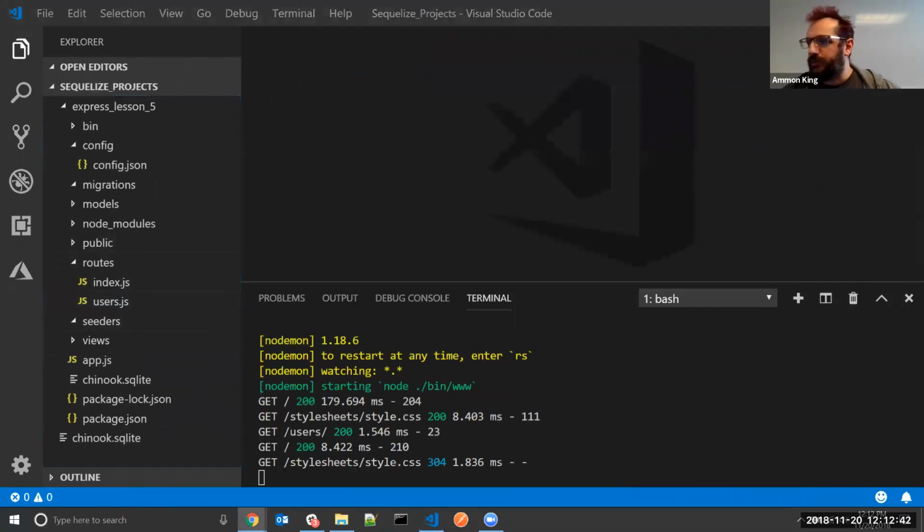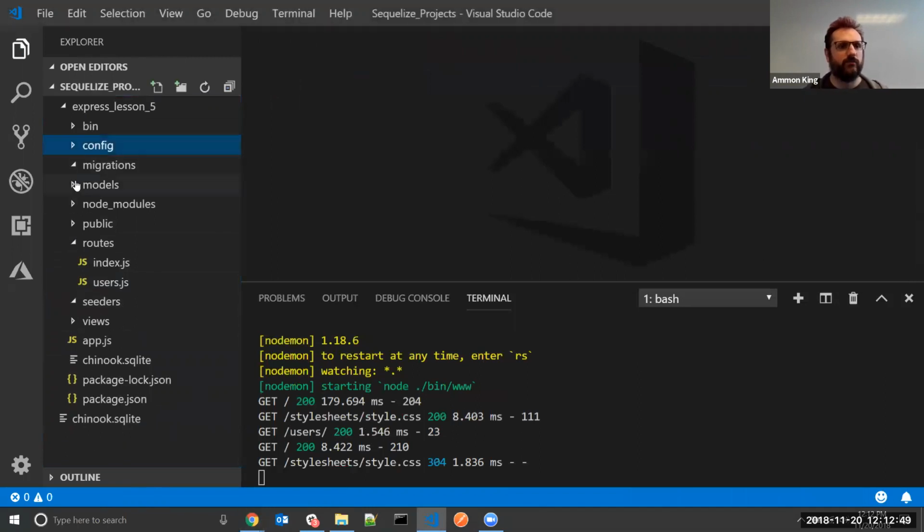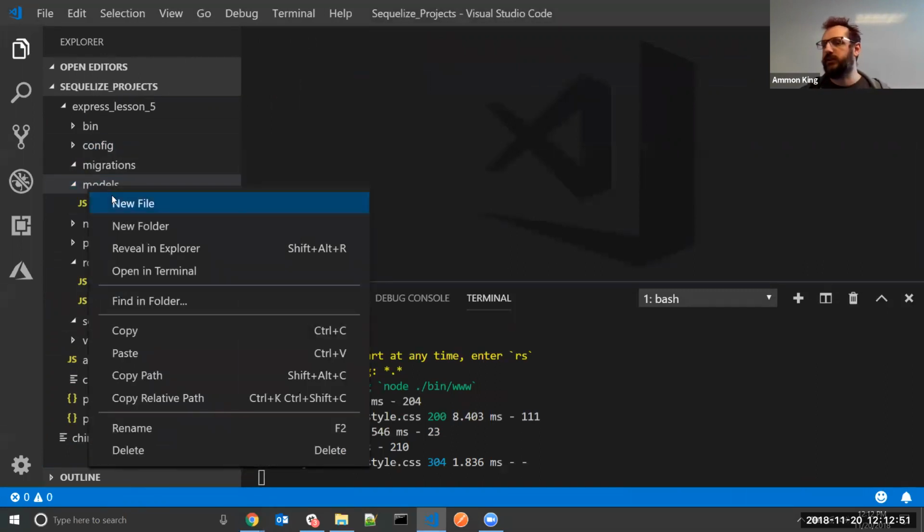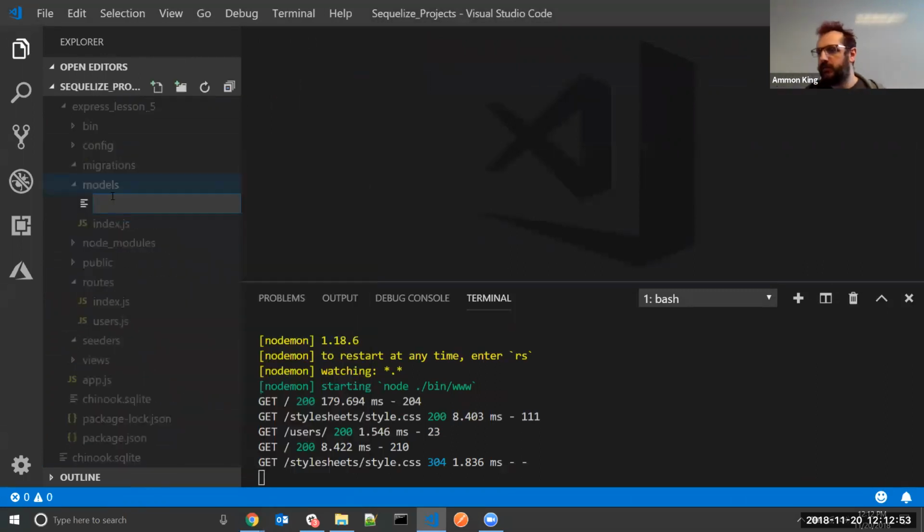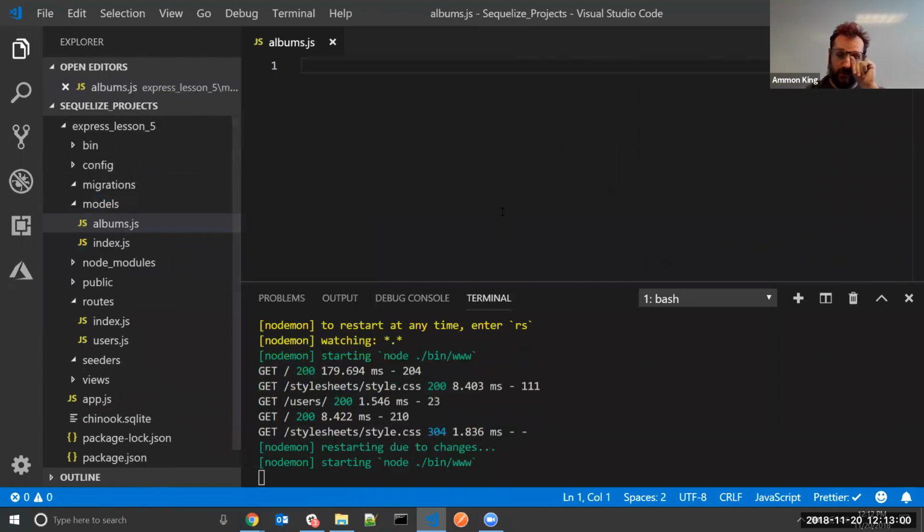All right, so let's make a model. I'm not going to do the exact example. I'm going to make a new one. I'm going to make albums.js. What are the albums that are in this database? What am I going to do? I'm going to say